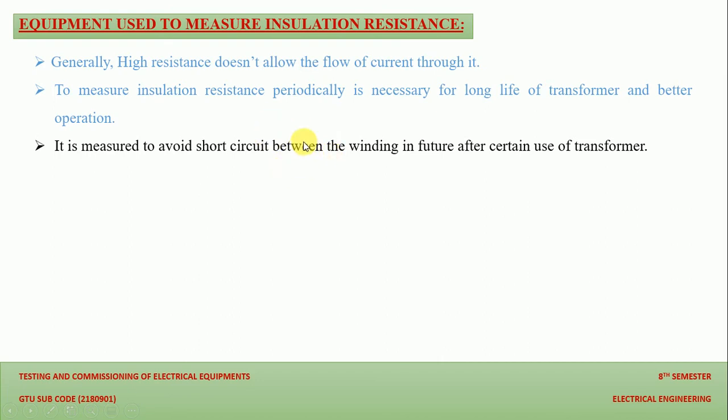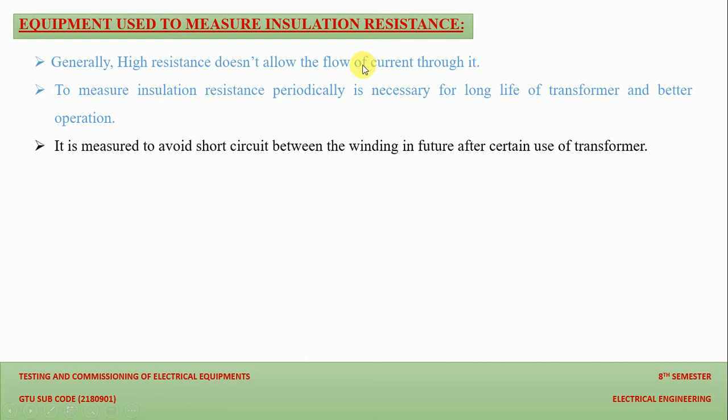So yes, if the insulation resistance of that cable is not proper, then there is a chance of short circuit between the windings in the future after certain use of the transformer. Because when we use the transformer, heavy current will flow through the winding, so it will get heated up, and as the winding gets heated up, the insulation will also get heated up, so that the property of the insulating material will deteriorate after certain